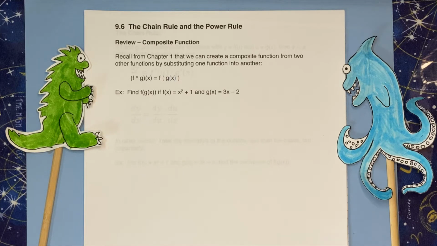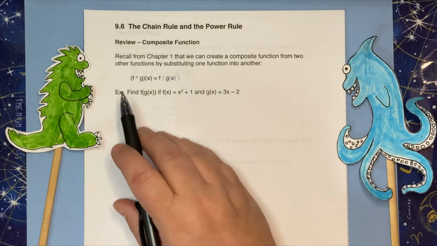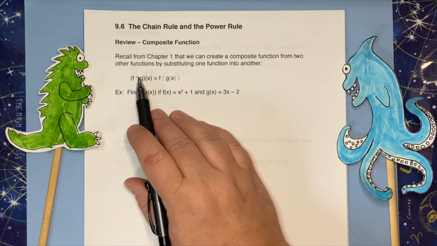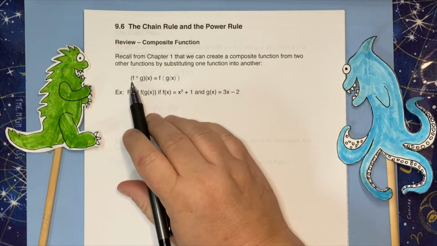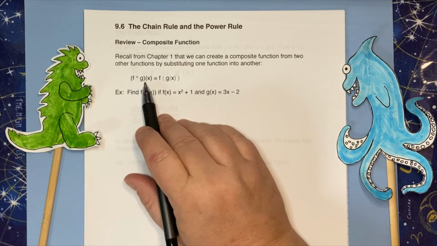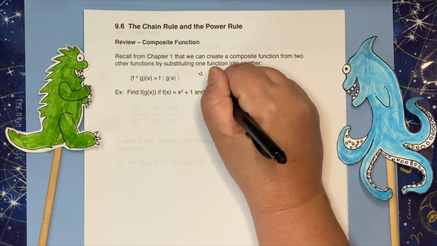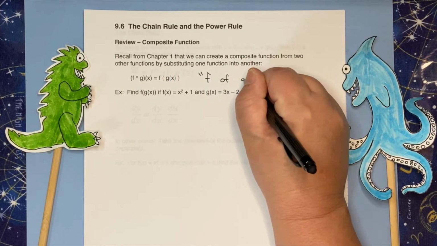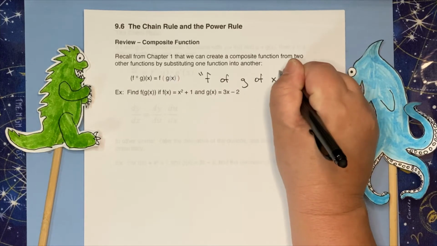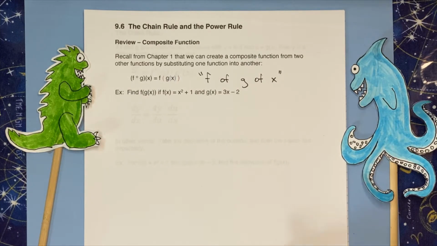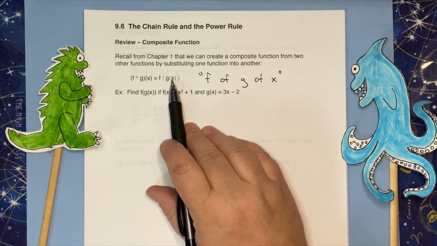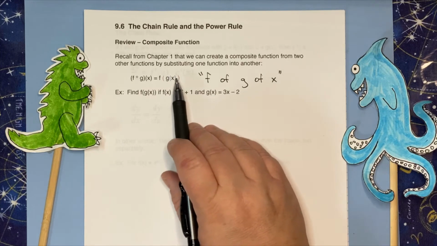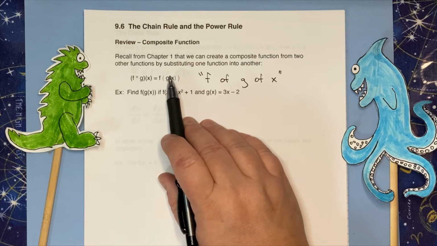So, recall from chapter 1 that we can create a composite function from two other functions by substituting one function into another. It's a little bit hard to see, but there's a little open circle there. Sometimes I used to call it fog. It's pronounced f of g of x. And what happens is we're going to take g of x first. So we plug in whatever x is going to be into g,